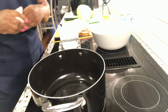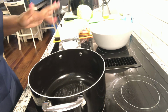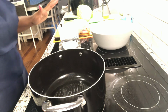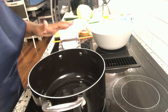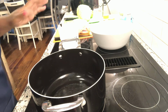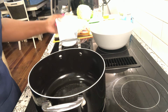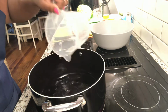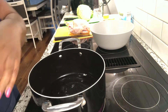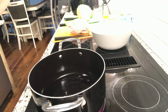Okay, guys, today we're gonna do a simple dish that I love and it's really good. Our vegetable is gonna be easy steamed cabbage. So I have my pot here. Gonna turn this on. I have approximately 2.5 cups of water. With my cabbage, I don't like to use a lot of water because they pretty much make water themselves when